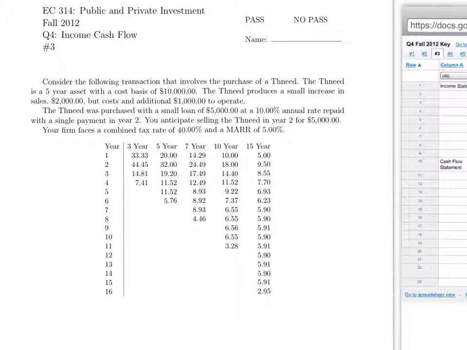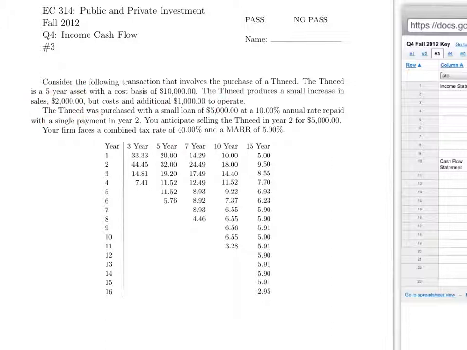So first, what we're dealing with is a transaction when you have a purchase of a need. Now, this is like a Dr. Seuss thing I keep bringing back because it's something I can just fit in just about anywhere. The need is defined by the IRS to be a 5-year asset, and we have it out with a full cost basis of $10,000. The need is going to produce a small increase in sales of $2,000, but cost an